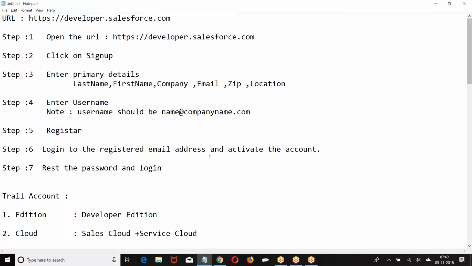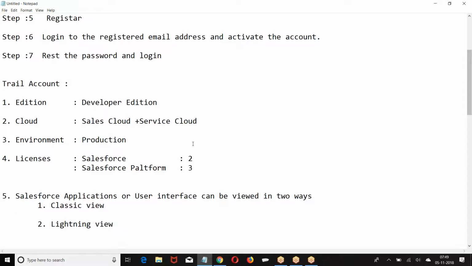Then we have register the account, log into the registered email address, activate your account, then reset the password. Once you go to the trial account, what they are giving you is a developer edition, sales cloud plus service cloud, production environment, licenses, Salesforce 2, platform 3.